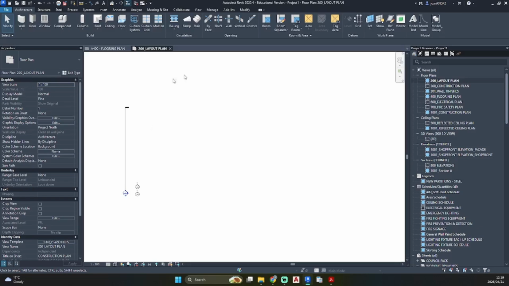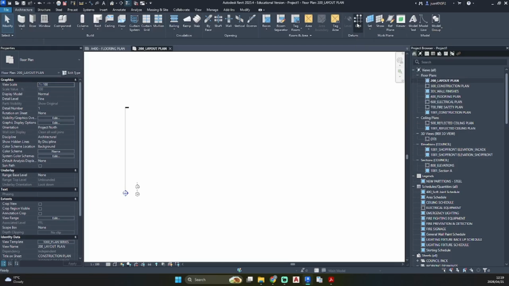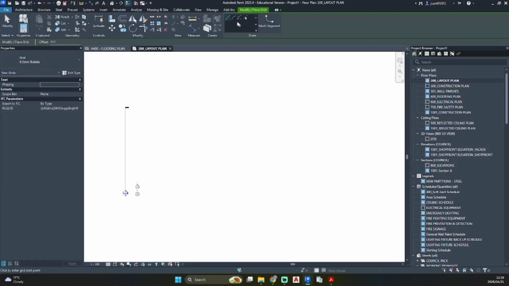To start off with our positioning, we'll head over under Architecture and go to Grid, or GR on your keyboard for the shortcut. Once you've selected that, you'll see that we have multiple ways of doing a grid line, but I'm just going to use the normal line tool. So let's go and start with,